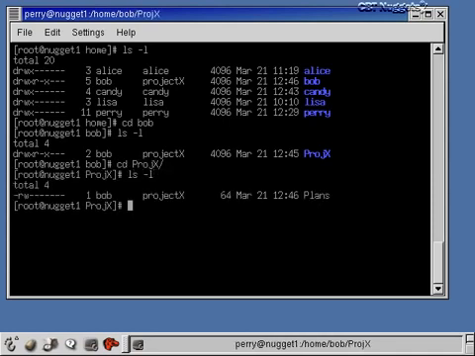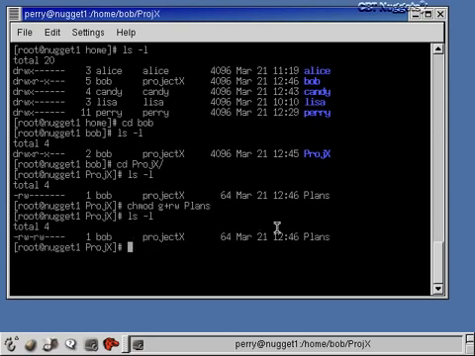See what he did in there. Well, now in there, he made a mistake. He set up this plans file that he wants to share, so that it's owned by the group Project X, but over here he hasn't given any permission to the Project X group. Okay, so we can change that so that it does have group read and write permissions. So we'll say group add read and write permissions for the file plans. Okay, now if we look in there, we'll see that plans is readable and writable by everybody in the group